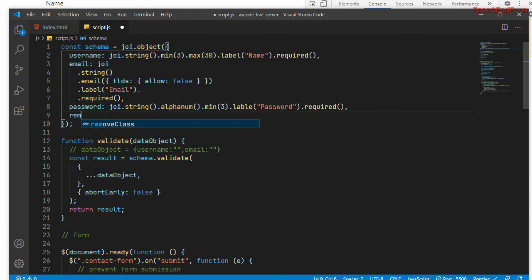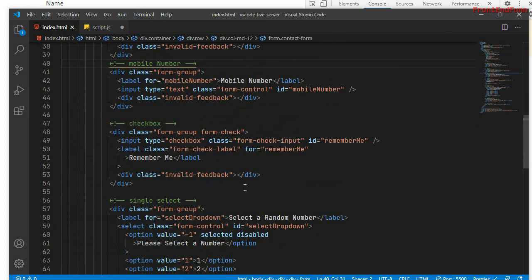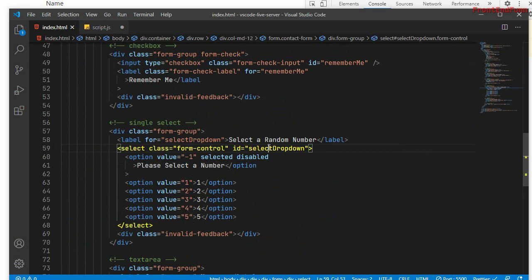Okay, so remember me is the checkbox, so I'm just going to add joi dot invalid if it is false. So if the checkbox is not checked, then we need to show that it is false. So we are not allowing the false. Okay, and it is required. So if the checkbox state is false, then by default it will be invalid. Fine. And for the select drop down, I'll just copy the ID from here for the select drop down.